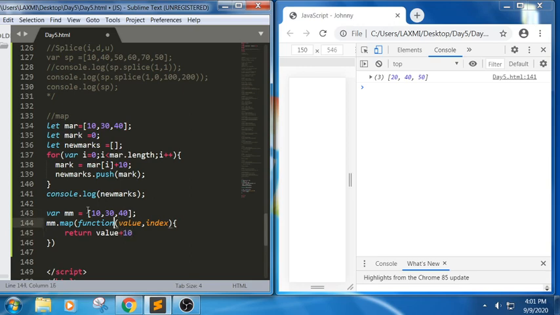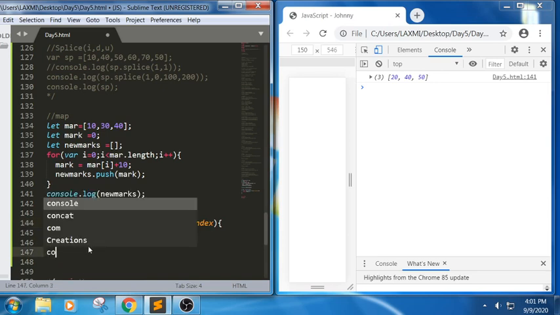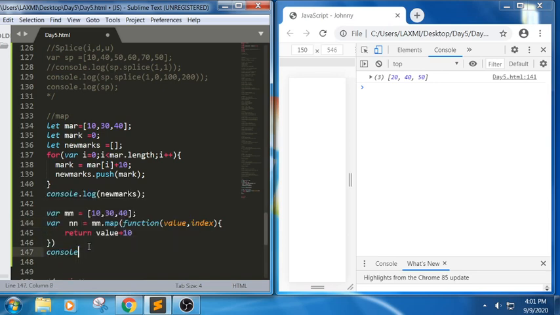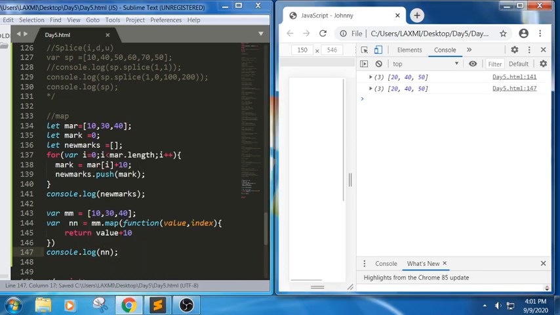Let me put all these values in the new array, and now I write console.log nn. So the same snippet is implemented using a map.